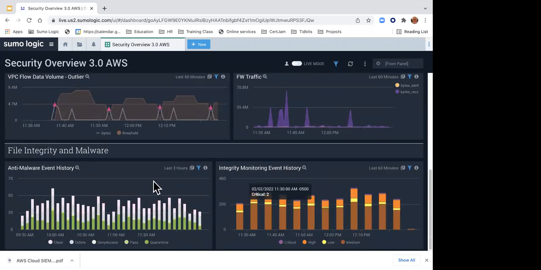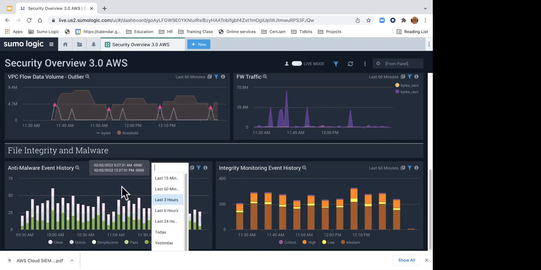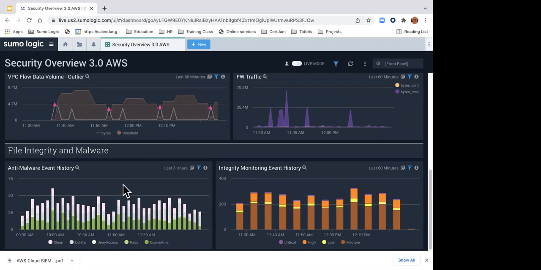And then down here, I have a dashboard of malware event history. So I can see as a function of time, and of course you can change the time if you want to, how many things I have cleaned, deleted, denied access to, placed in quarantine, or passed, to make sure that my malware protection is doing its thing and to see if I have a sudden spike in malware activity.